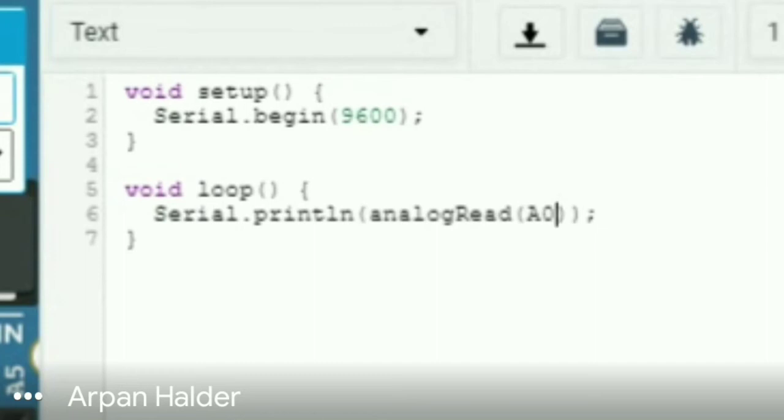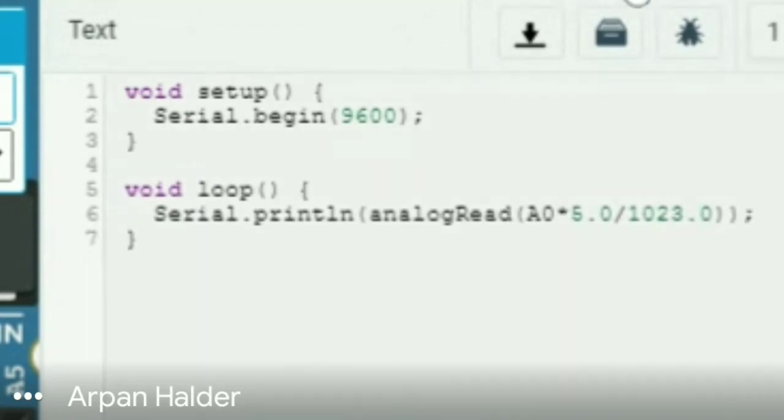For this, I will multiply it with 5 and divide it by the total scale, that is 1023.0. And why am I adding these point zeros? So that my compiler understands that I am willing to do a floating-point operation, not an integer division.